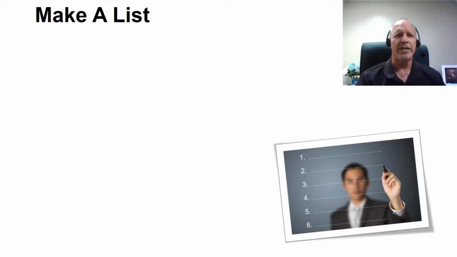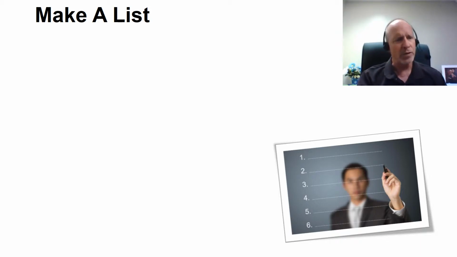So the first step in identifying your relational network is to make a list of the people in your relational network. Now, I know this seems a little bit elementary, but this is the first effective step that you can take for your relational network. If you don't identify those specific people who are in your relational network, then you won't follow through on the following 3 steps with those people.